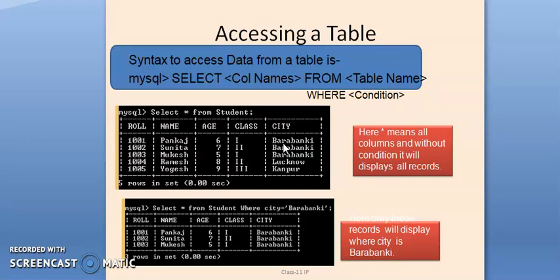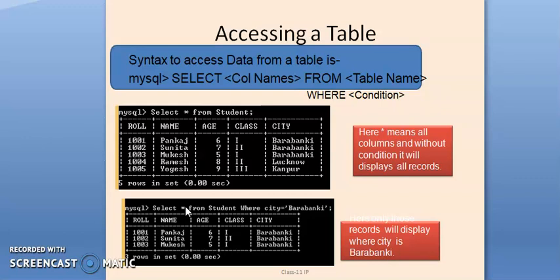Now if we want to select the records that meet some criteria, how can we access that? We can see here in the second screenshot: select star from student where city equals Barabanki. If you want to select the records related to a specific city, our condition will be applied on the city column, and the value of the city will be whatever you want.